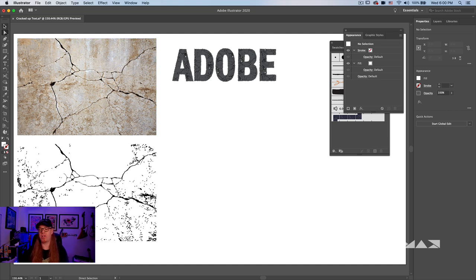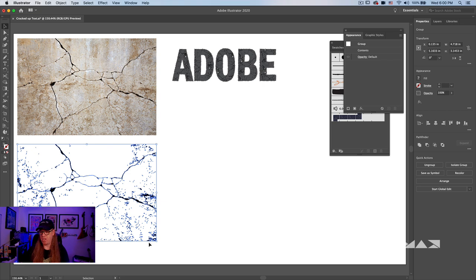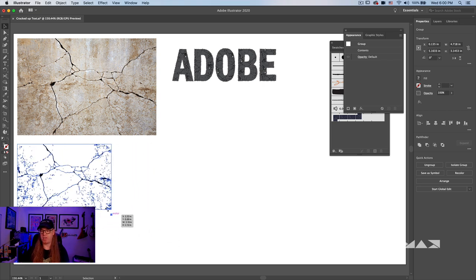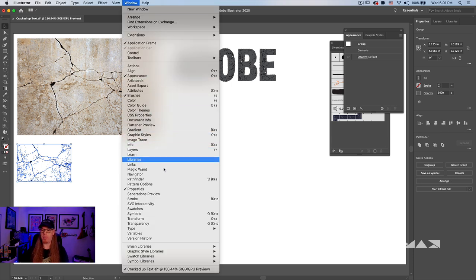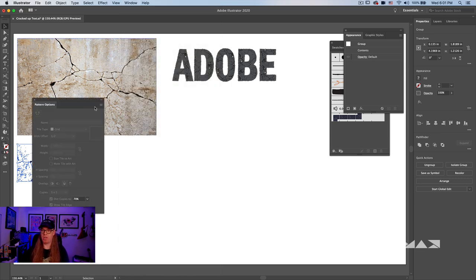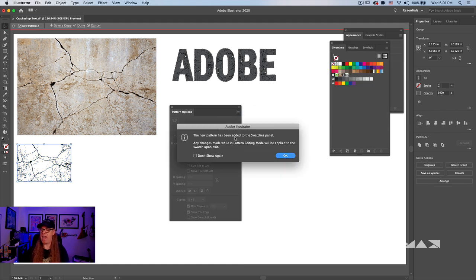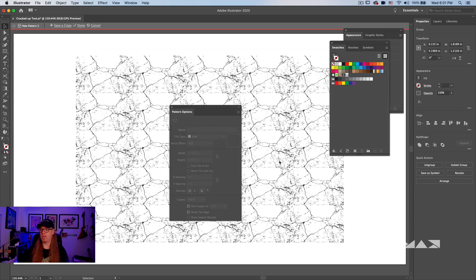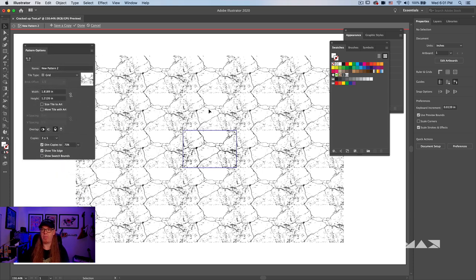So the next step here is to actually reduce the size of this tile that we've made, and we're going to actually turn this into a pattern. If we go to Window and come down to where we say Pattern Options, in the pull-down menu on the right here, we can choose Make Pattern. The new pattern has been added to our swatch panel over here. We'll press OK. And now you can see this repeating inside of the pattern editor.